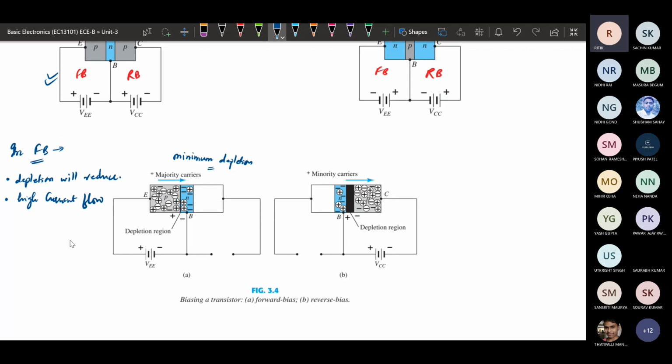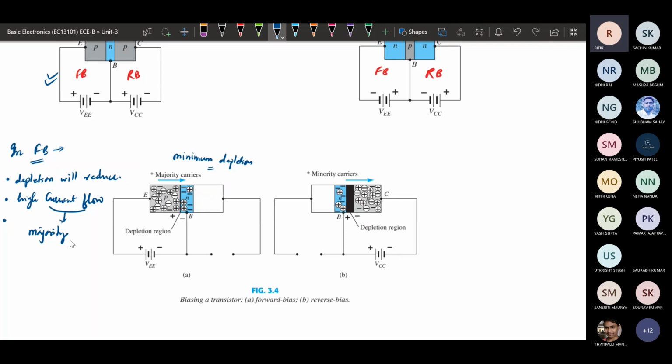Okay. So if the depletion is less, in case the diode is forward biased, the current will be high, and this current flow will be because of the majority charge carriers. So in the forward bias region, majority charge carriers constitute the current flow.